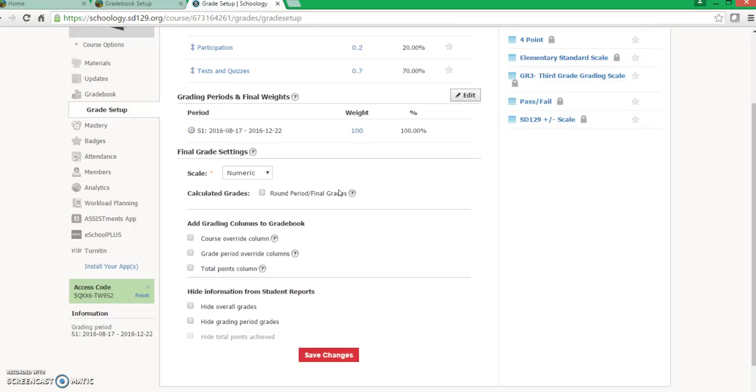Now I can make some other decisions for my course. I'm going to change my scale because I want to use the West Aurora School District plus or minus scale. And I want to round my grades. Okay, that's the same setting that I chose in eSchool, but if I want it to be used in Schoology, I do have to check this box separately. Then you have the options of adding grade columns to the gradebook or hiding information. I'm not going to do either of those things, so since I'm done, I'm going to go ahead and hit